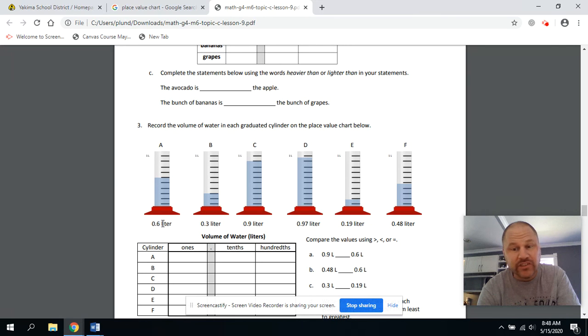Because you could put a 0 on the end and say 60 hundredths, 0.60, and you go, oh, okay, well, see, now you see it. 60 hundredths is greater than 48 hundredths. That 0.9, that's 90 if you put a 0 on it. 90 hundredths, that's the second largest volume out of all of these, right? So your smallest